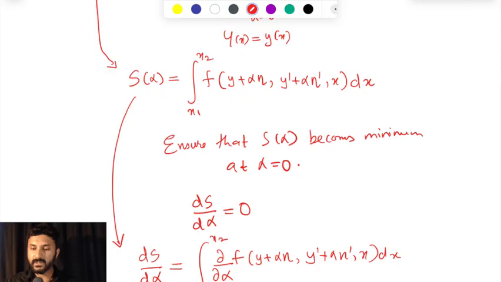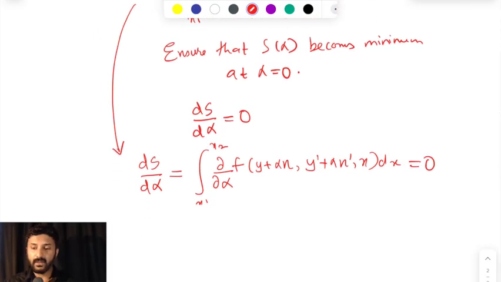And so our task then is, of course, to equate all of this to 0. Then our task is to figure out what the derivative is inside this integral. For that, let us recall one of the results from differential calculus, that whenever you want to find a derivative of a function with respect to some variable alpha,